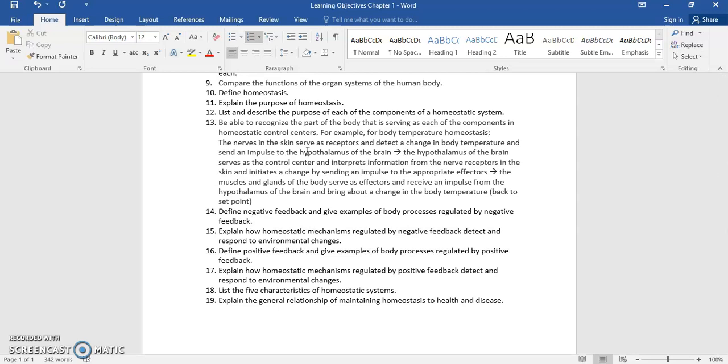So let's say the nerves in the skin detect that our body temperature has dropped below the normal range. So the hypothalamus of the brain will get that information, and then what it needs to do is decide which effectors am I going to activate or send an impulse to so that they can be activated. And so since the body temperature is too low, the hypothalamus of the brain will send a signal to the muscles of the body and stimulate them to contract. So this is skeletal muscles. So it'll tell the skeletal muscles, all those muscles that are along your arms and legs,